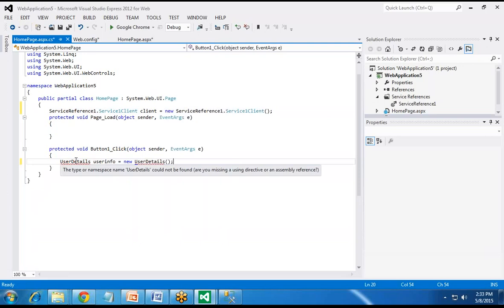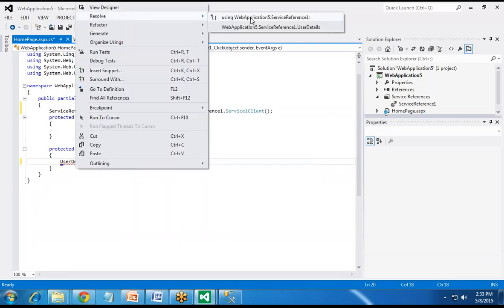If you get this error, simply resolve it.